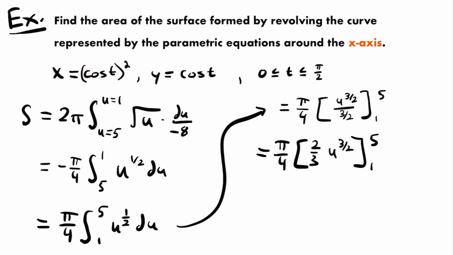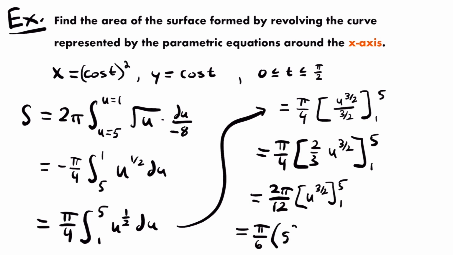And then the next thing that we can do is pull this 2/3 to the outside. We can multiply 2/3 by pi divided by 4. And so this will be equal to 2 pi divided by 12, right? 2 times pi is 2 pi, and 4 times 3 is 12. And that will be multiplied by u to the 3/2 power evaluated from 1 to 5. All right, and so now this will be equal to pi divided by 6, right? 2 pi and 12 can both be reduced by a factor of 2. So 2 pi becomes pi, and 12 becomes 6, times 5 to the 3/2 power minus 1 to the 3/2 power,